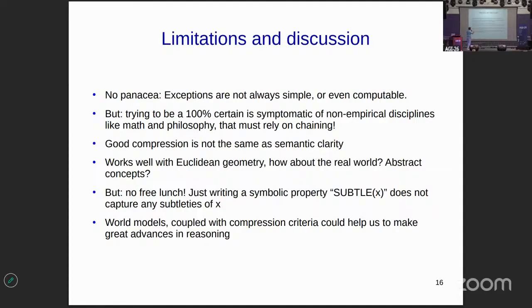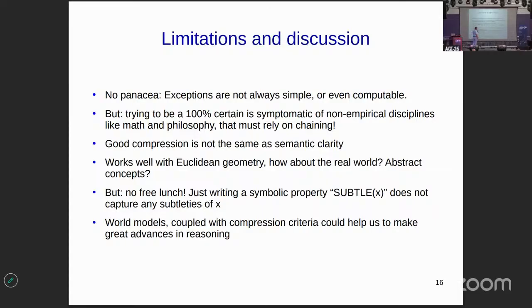What about complex concepts, not just Euclidean geometry, or abstract concepts? Well, these are difficult things. Grounded reasoning doesn't give you the solution for that. But what it does is force you to actually connect your reasoning system with the world. And sometimes, if the world is complex, you have to have complex models that represent it. But that's what reasoning requires if you really want to reason about the world.